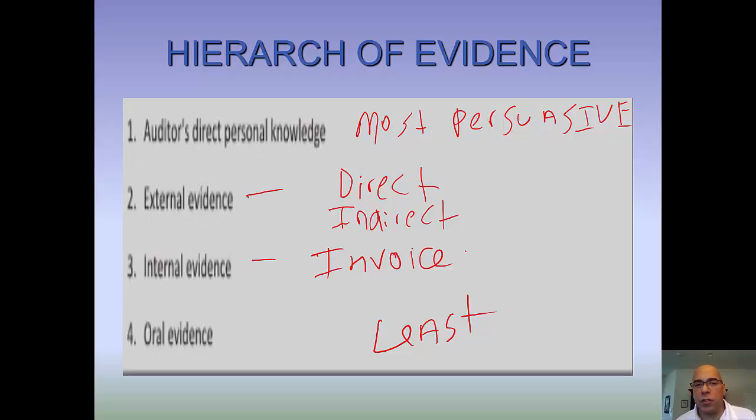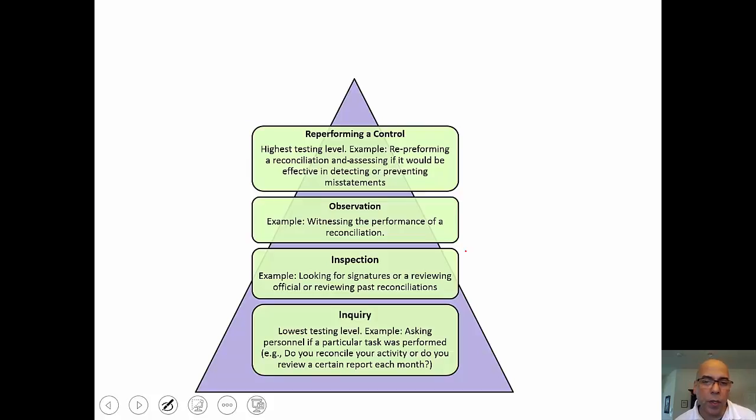External evidence is going to be second tier. Internal evidence, oral evidence, inquiry, in other words, is the least persuasive, and you would typically want to combine your oral evidence with other forms of evidence that we see on this hierarchy. Okay. All right, again, for internal controls, and we talked about this last time, but internal controls type procedures, we